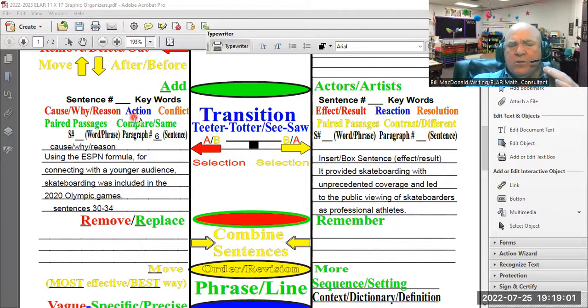Every action, blue, has a reaction, blue. Every conflict, orange, hopefully has a resolution. Every problem hopefully has a solution. Not there, but it applies in this case. If I have a paired passage,